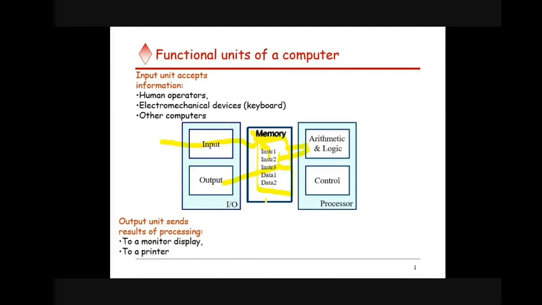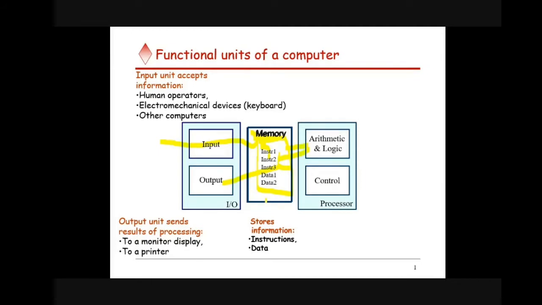I already gave you an example of data. If you have an instruction, for example, adding two numbers, those two numbers will be your data, and add a comma b, or add 5 comma 6, whatever the numbers are, will be the data part of the instruction, and the complete thing, like add a comma b, is called the instruction. So that is the memory unit. The memory unit will be storing the information, which I mentioned in two types: one is instruction and the second one is the data part.